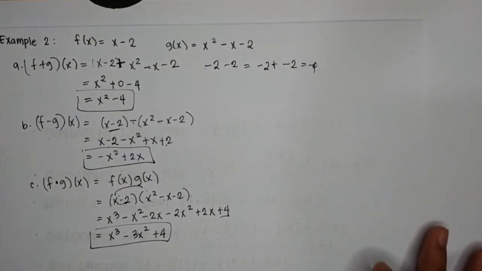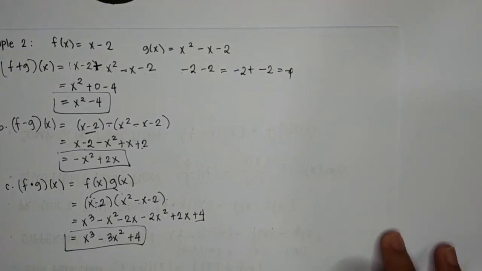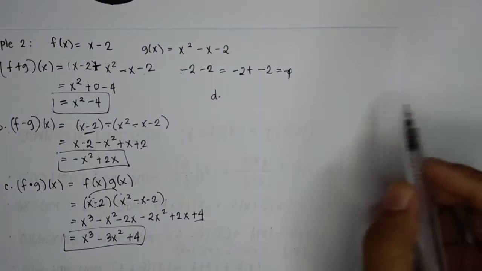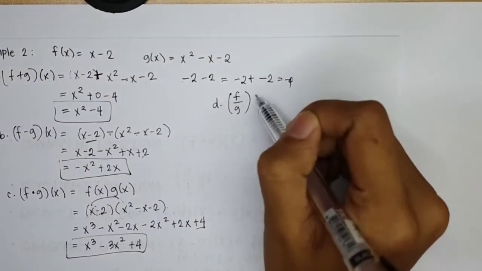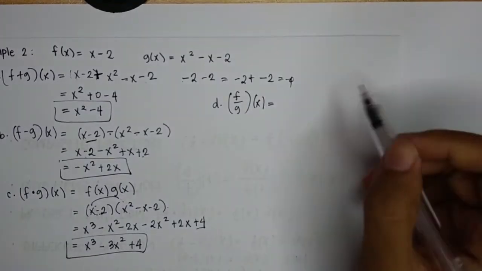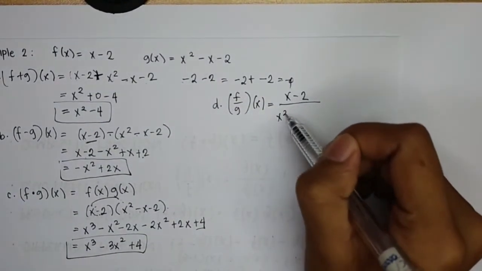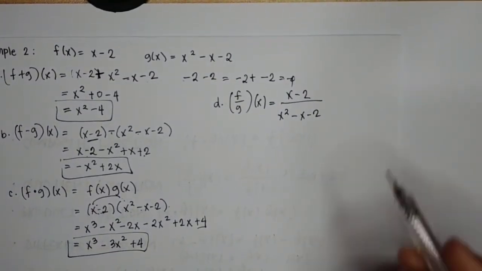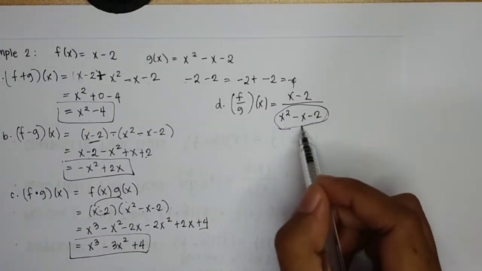Okay, nakasunod. So, proceed tayo with letter D. Letter D natin is quotient. So, we have here f divided by g of x is equal to x minus 2 over x squared minus x minus 2. Okay, take note, as you can observe, pwede siyang isulat as a product of